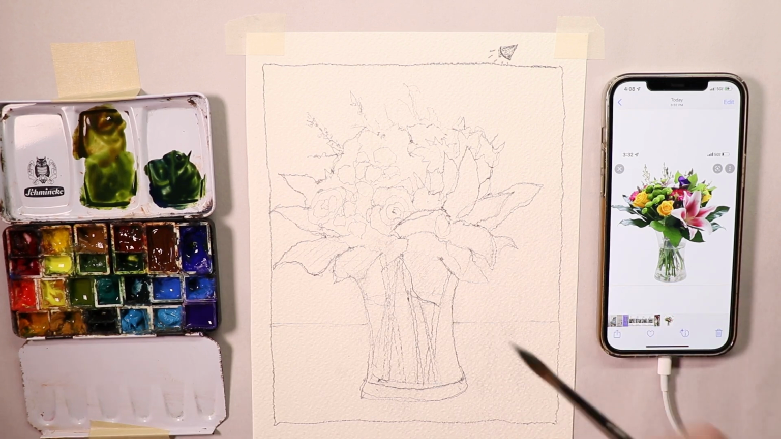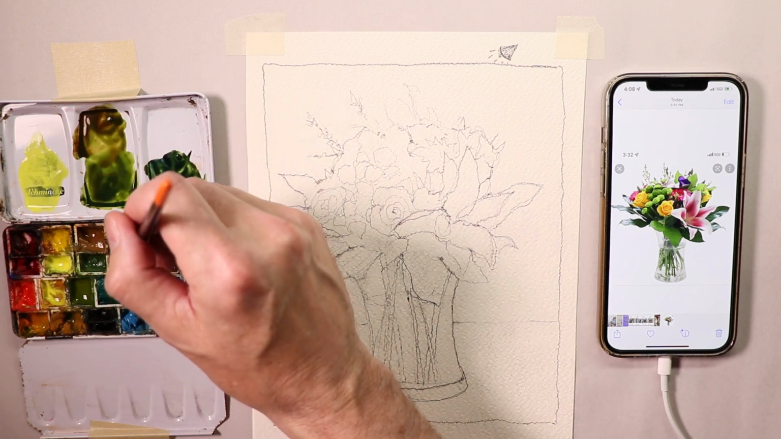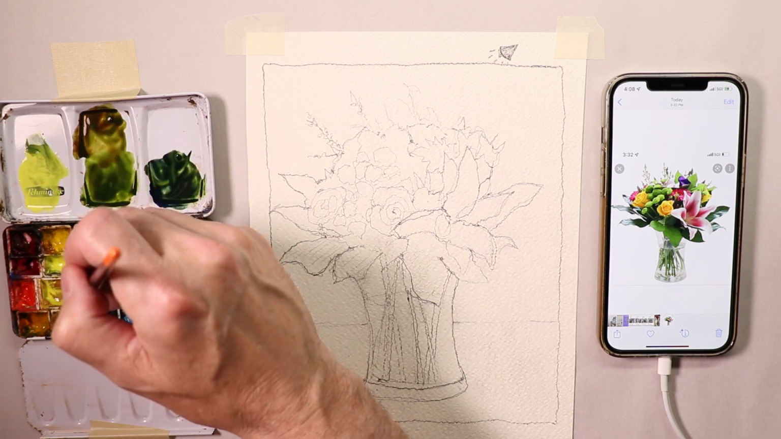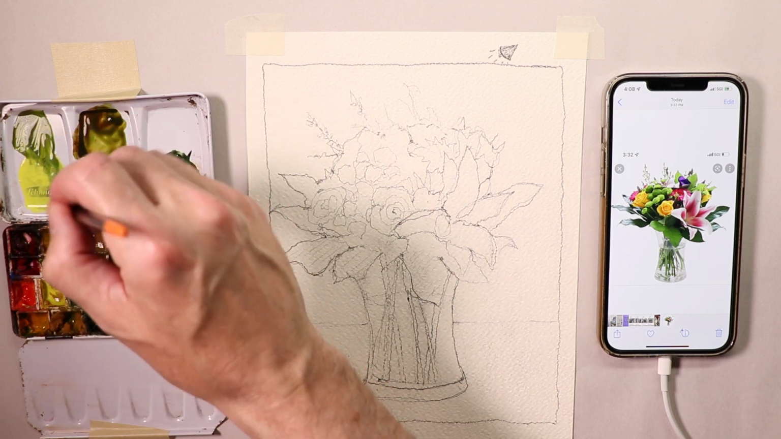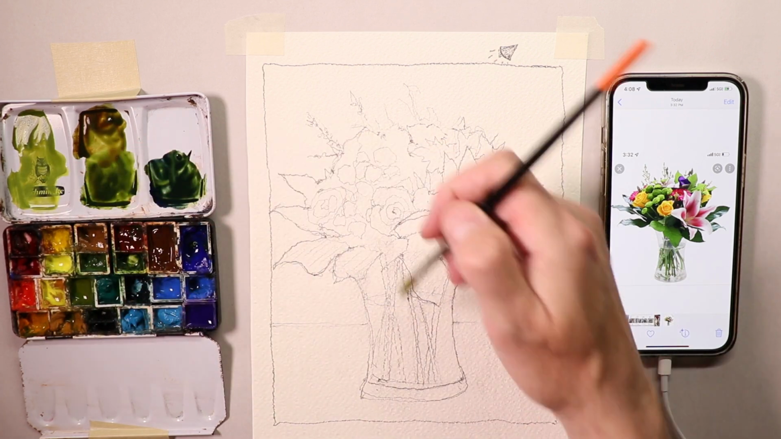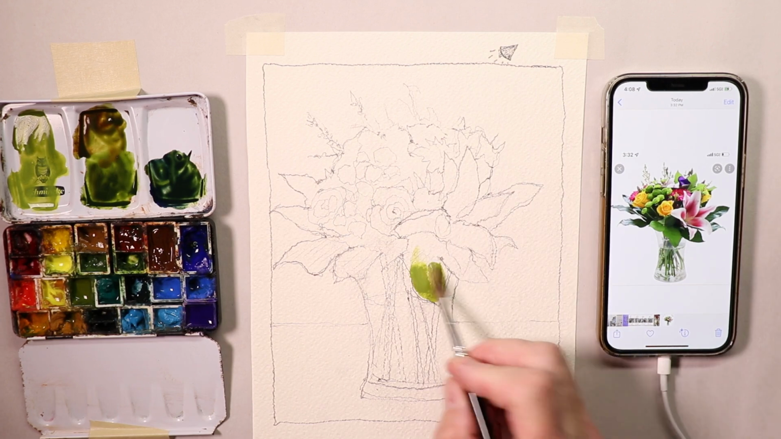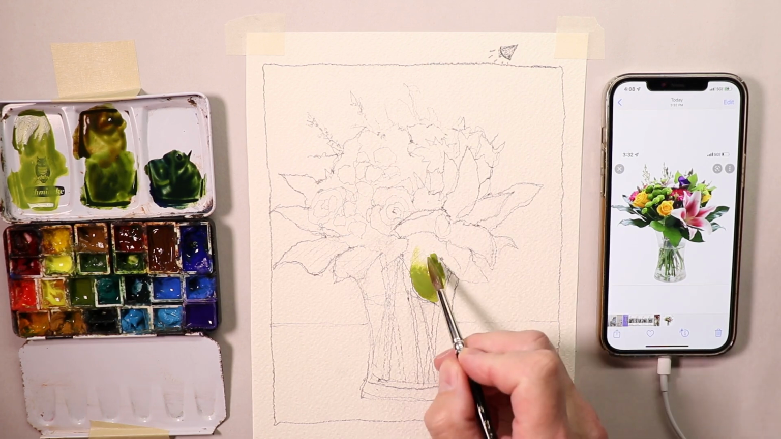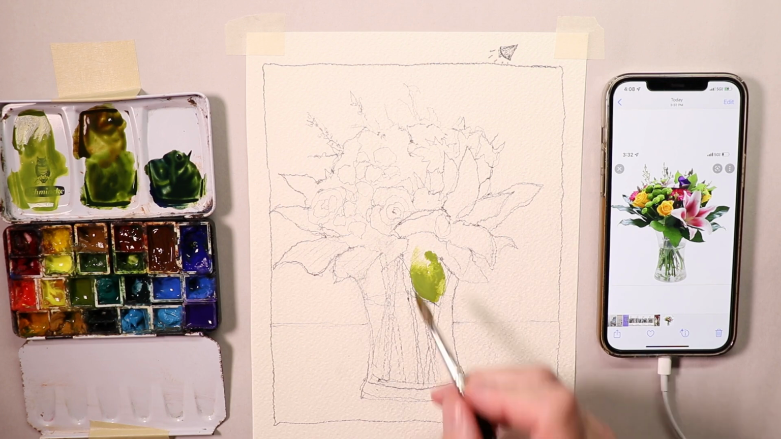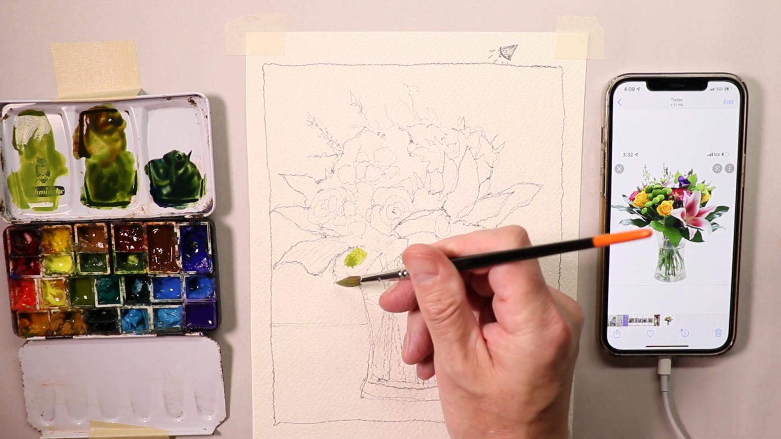But let's also go for a nice fresh green, cadmium lemon yellow with a little bit of sap green, maybe a little bit of olive green too, and so we're going to have a nice fresh green. So let's go with more of a fresh green here, like so. So that's my first bit of